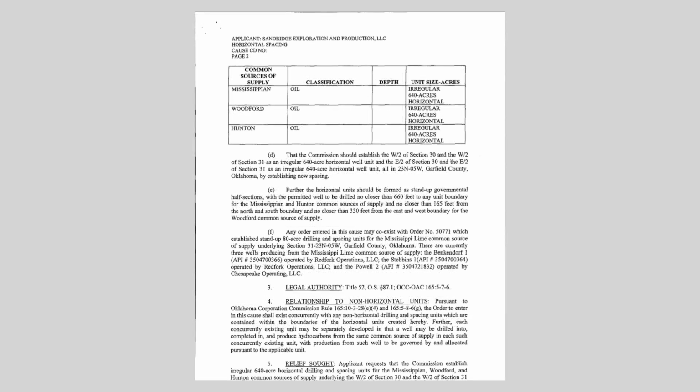And so what we'll do to start this process is to create an application, and it's basically a written form to the Corporation Commission that states we're hereby asking permission to create 640 acre drilling and spacing units for production of oil and gas from the Woodford or the Mississippian or whatever common source of supply or geologic zone that we're interested in testing. And then what we'll do is create a respondent list that goes along with that and send notice to everyone that owns an interest in the oil and gas estate in that particular designated spacing unit